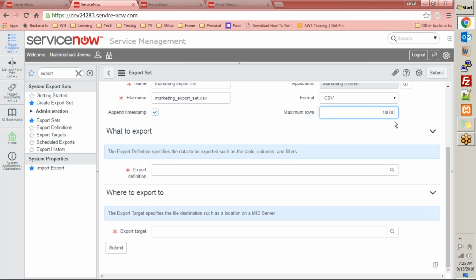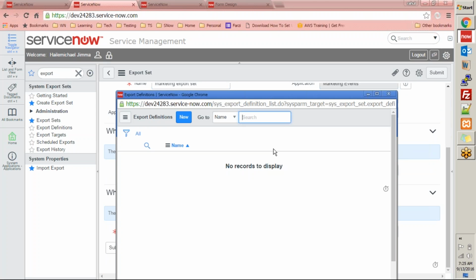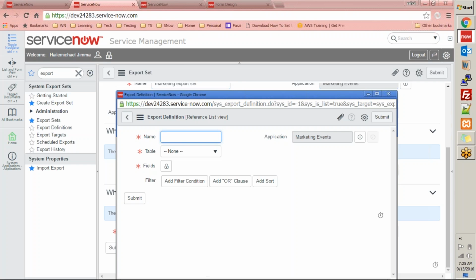Now, given that you have supplied all this information, you have to get the export definition. Let's see what an export definition looks like. When you click export definition, what you need to do is identify what table and what fields from the table you want